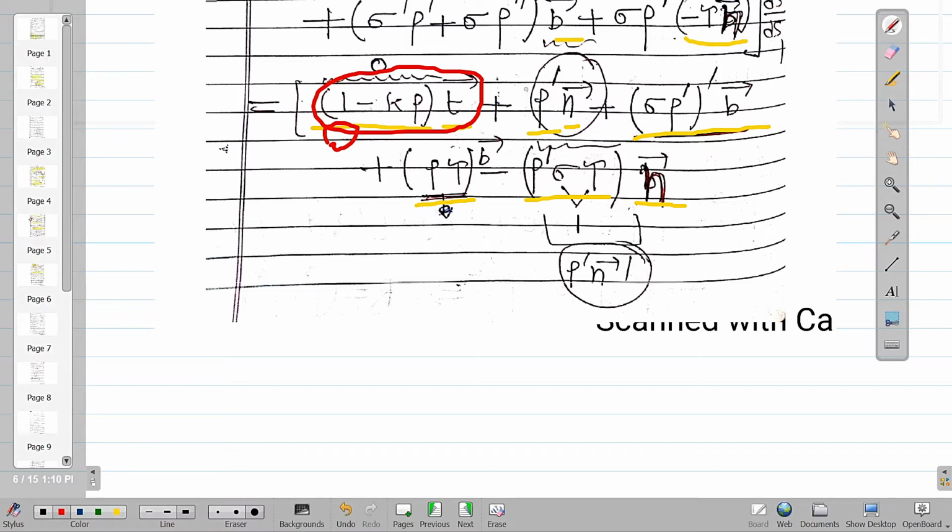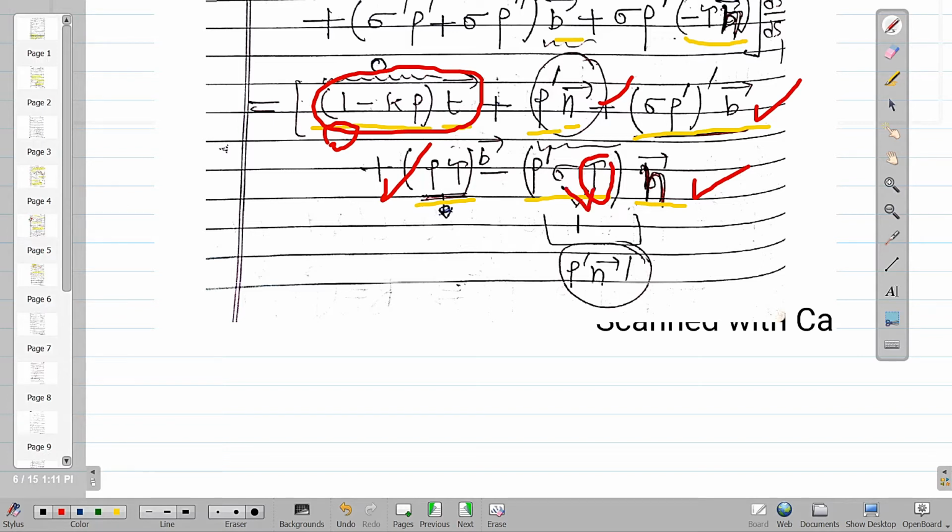Now from this, this will remain as part of the equation. This will be part of the equation, this will be part of the equation, and this will be part of the equation with some modification. What is that modification? What is tau? This tau is 1 by sigma. Clear? And this is sigma.